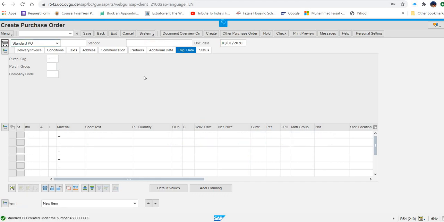The document number is generated. You can see at the bottom of the screen 45, then several zeros, then 665. So I think 5 zeros are there. 4 5, 5 zeros, and 665.